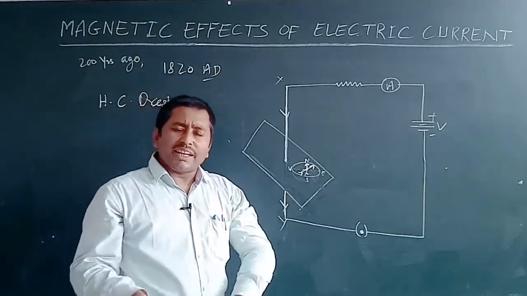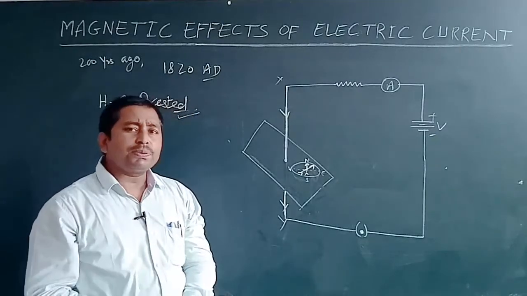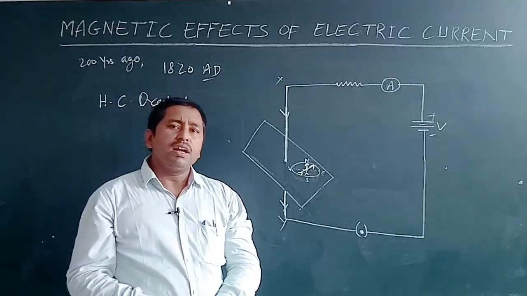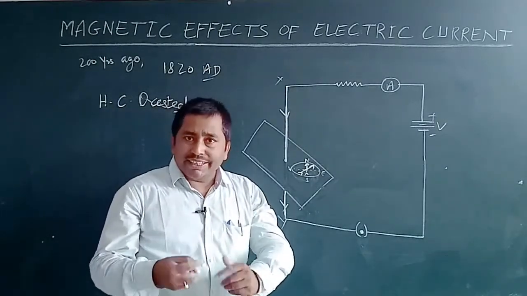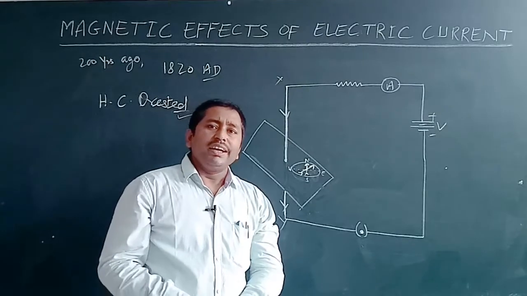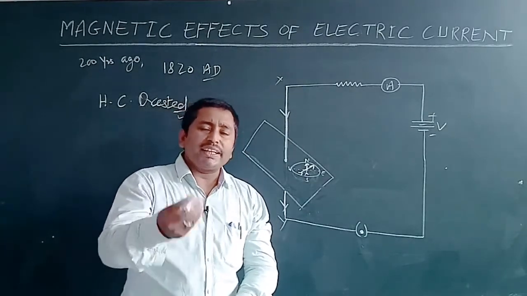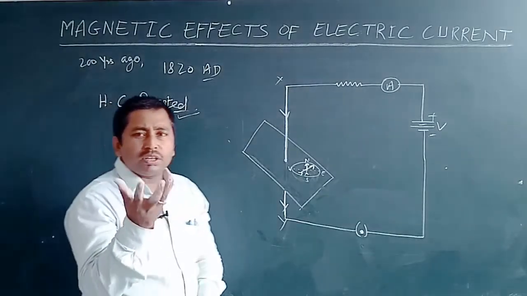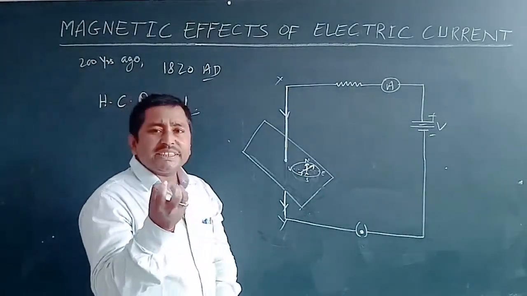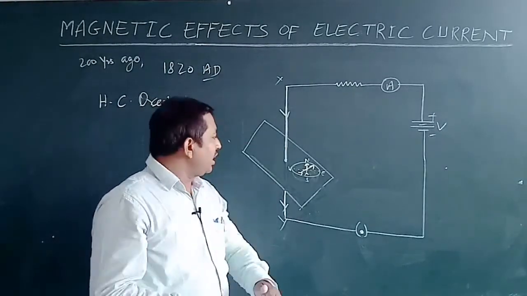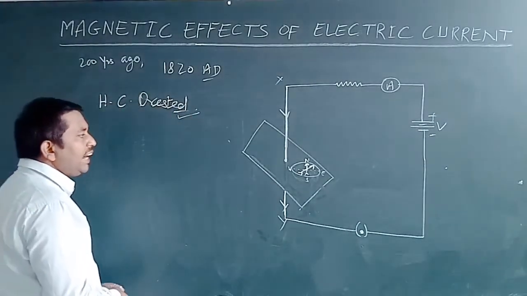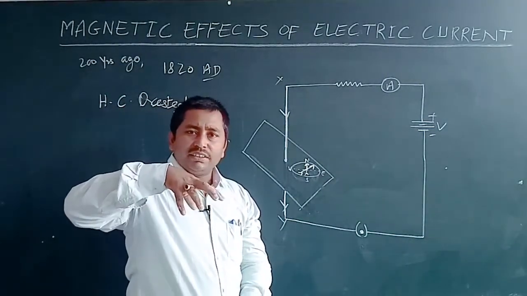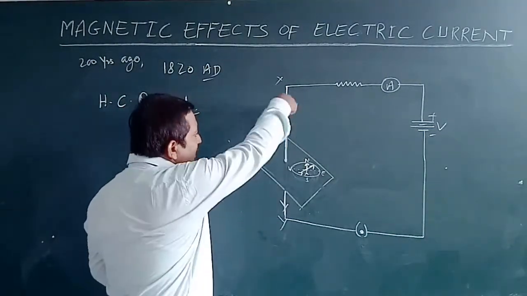So the question arises: what will be the direction of the magnetic field and what will be its shape? To answer this question, he performed another experiment like this. He took some pieces of iron, that is iron filings, and sprinkled them around the current carrying